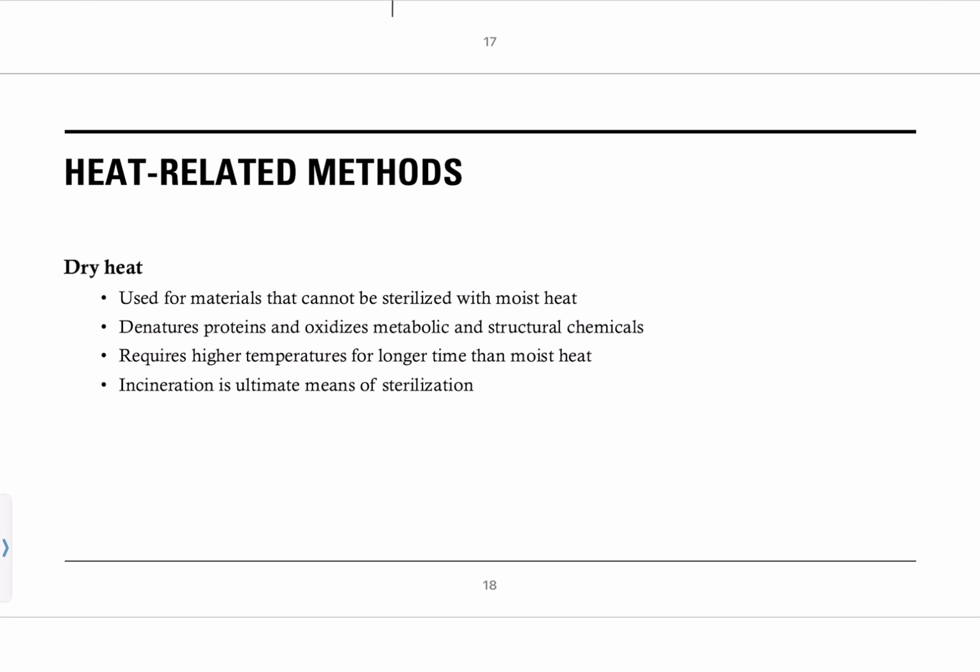Okay, dry heat. So sometimes water isn't an option. So if we're talking about things like powders or oils or metal instruments, we want to use dry heat, not moist heat. And it does the same thing. We're still denaturing proteins. We're causing oxidative damage, but we're going to need higher temperatures and longer exposure times in order to kill these microbes. So probably about 160 degrees Celsius for 2 hours instead of like 140 degrees Celsius for a second. You know what I mean? We also have incineration. We do that in lab. This is the ultimate kill step. So when you're